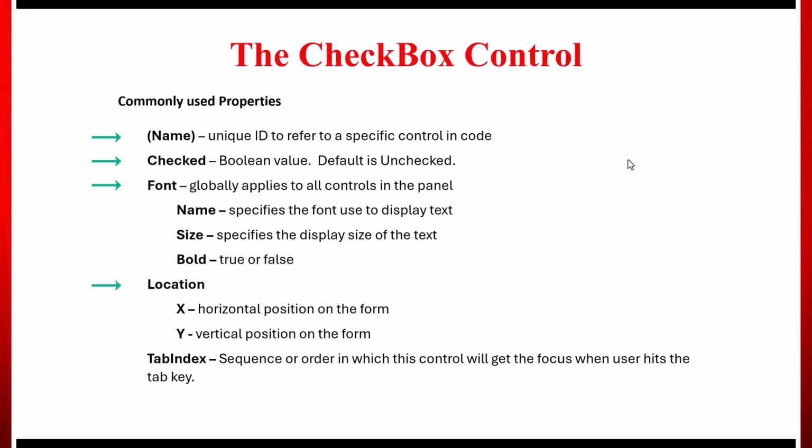There's a location property where you position the checkbox control. X is the horizontal position on the form, and Y is the vertical position on the form. There's also a tab index. It's a sequence or order in which the control will get the focus when the user hits the tab key. Checkboxes tend to tab one after the other. You might have a selection of them, and you want them to be able to be tabbed in a certain